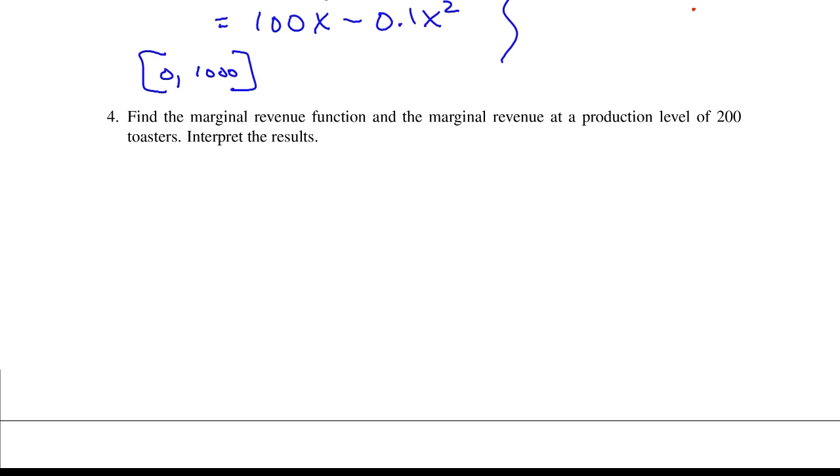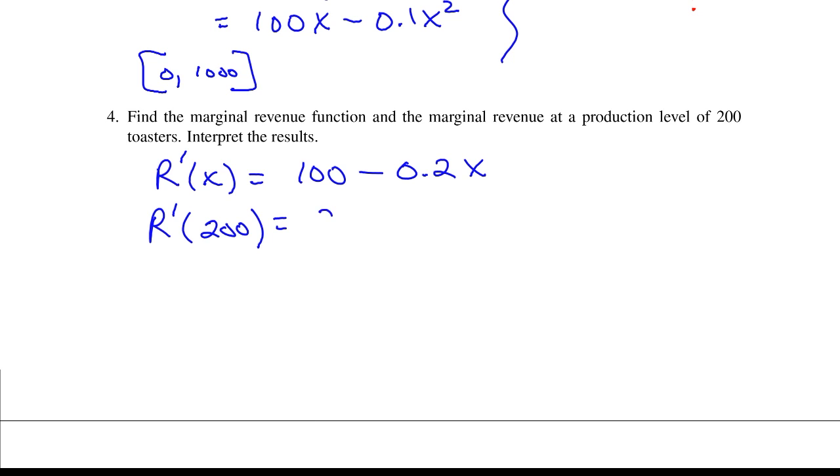Find the marginal revenue function and the marginal revenue at a production level of 200 toasters. So marginal revenue is the derivative. So that would be 100 - 0.2x. The marginal revenue at a production level of 200 toasters would be 100 - 0.2 times 200. And that would be $60